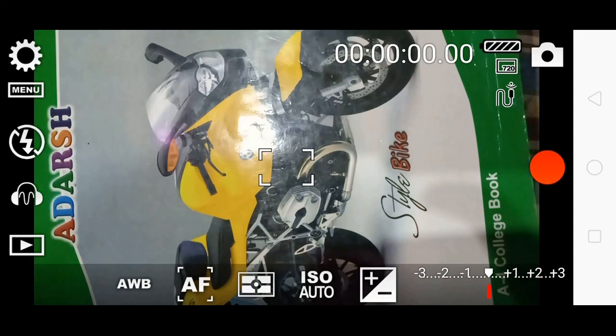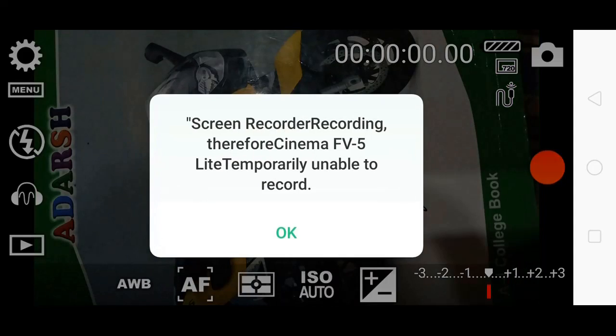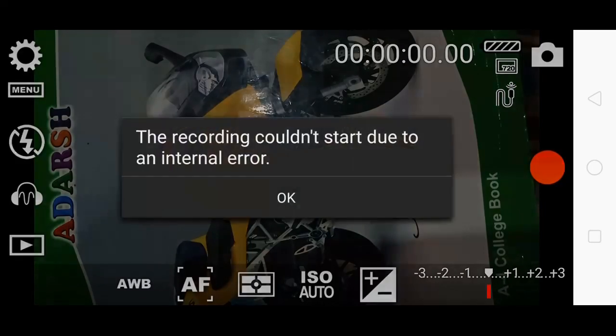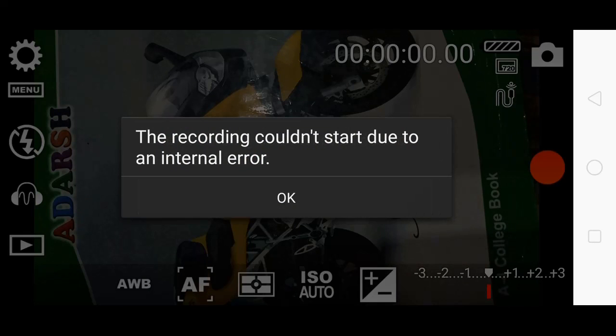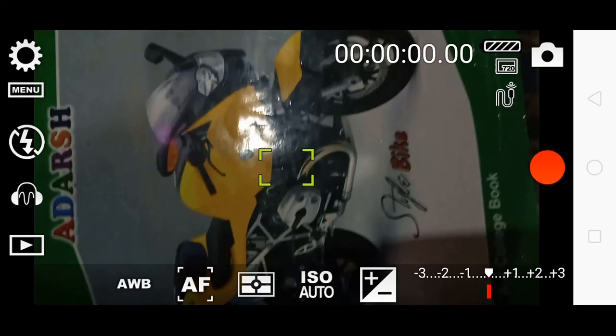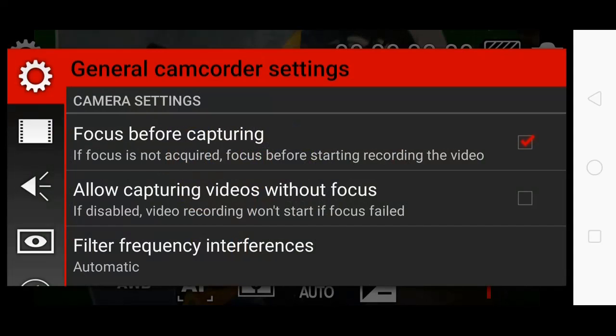So we have the recording button over here. We can start recording, or we have some settings over here. We have some default options at the bottom. So let us see what are the required options. First of all, we will click on the setting, and on setting there are some important options